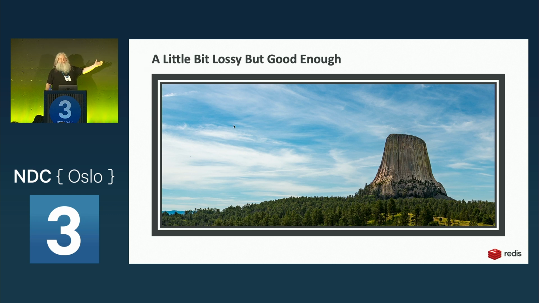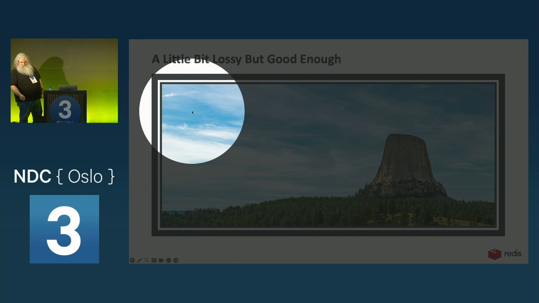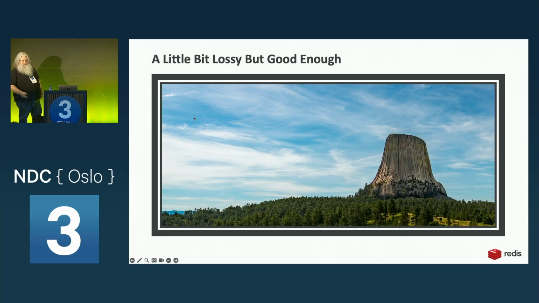So this mountain was featured, it's called the Devil's Tower. It was featured in the movie Close Encounters of the Third Kind. And this picture I have of it here is a JPEG. Obviously, right? And you can tell because if you look at that pixel right there, see it? Yeah, it's the wrong shade of blue. Because it's a JPEG and the compression is lossy. JPEGs in a way are probabilistic. You lose some of your data, but it's good enough.